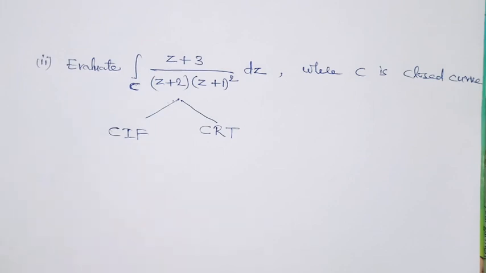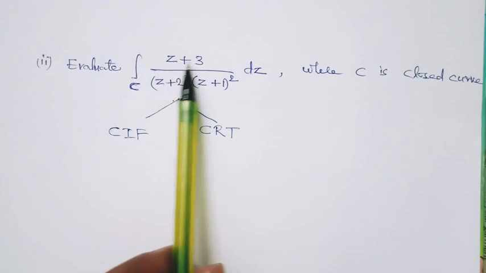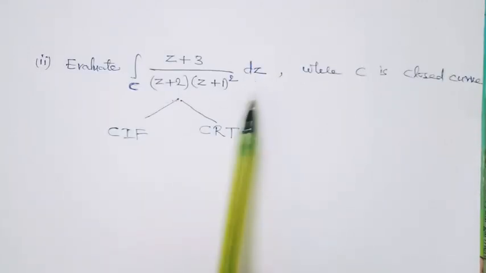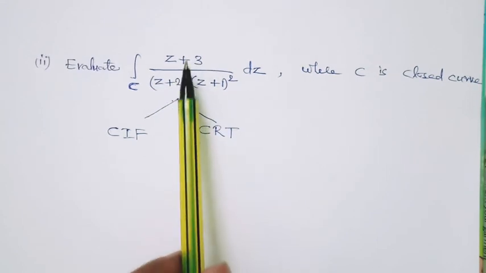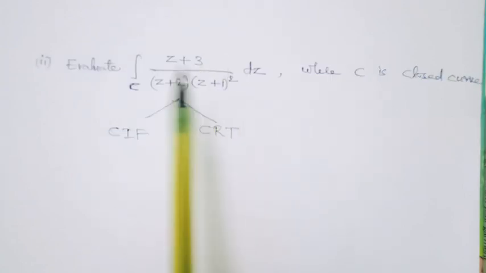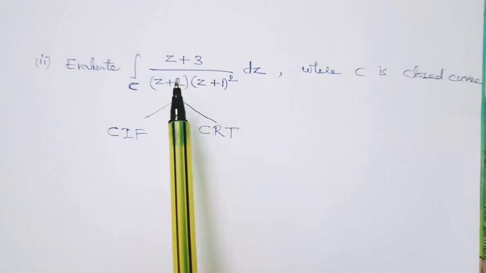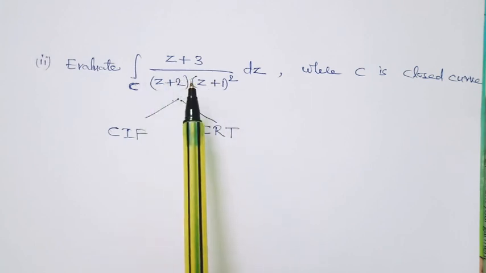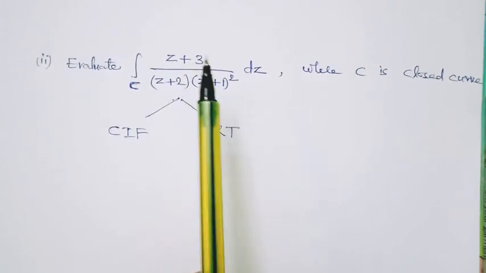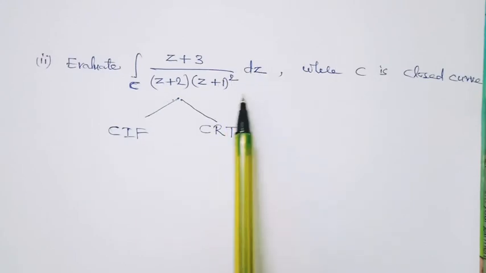How to evaluate this problem? You look this question, integral over c z plus 3 divided by z plus 2 into z plus 1 whole square dz. Actually in differentiation we have a formula like quotient u by v, quotient rule, and product rule u into v. But in integration we have the product rule u into v, like Bernoulli formula or integration by parts. But for quotient function we don't have any direct formula in integration. To evaluate this type of integral,